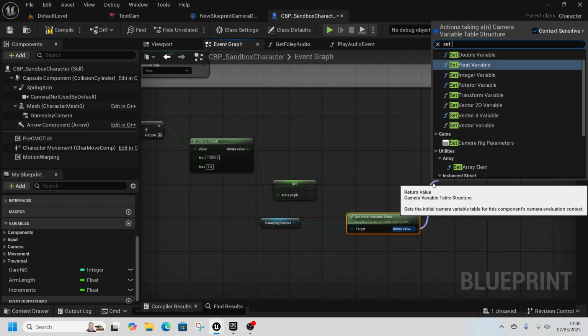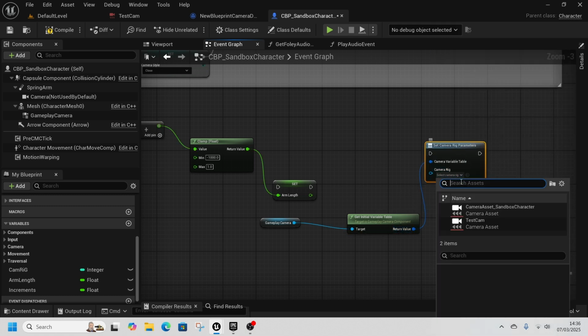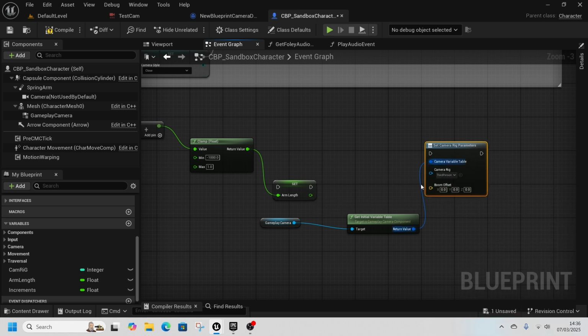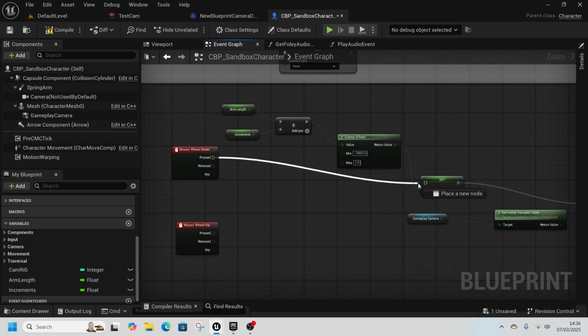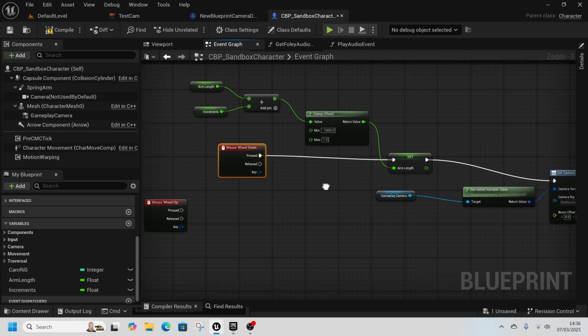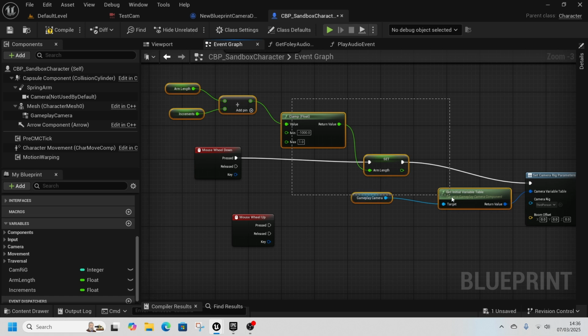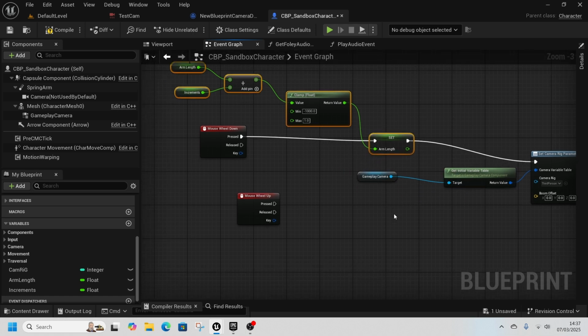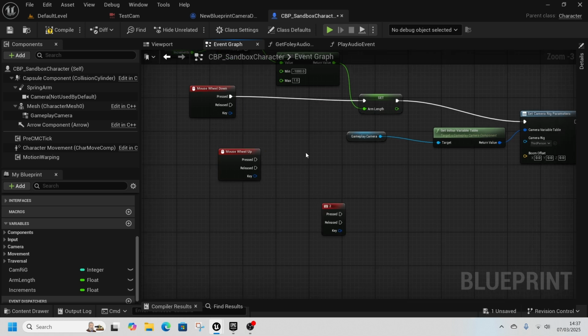We're going to set camera rig parameters because we're only going to use the third person one. So we need to set test cam and our third person camera. Put that into there. Put that to there. So put pressed into the set arm length. And then we're going to take these nodes, the arm length, the increments, the plus, the clamp, and the set, and we're going to copy them